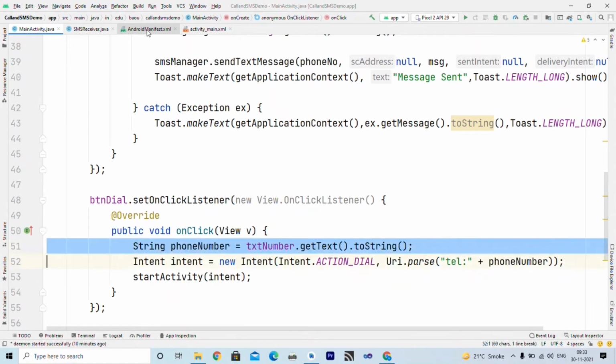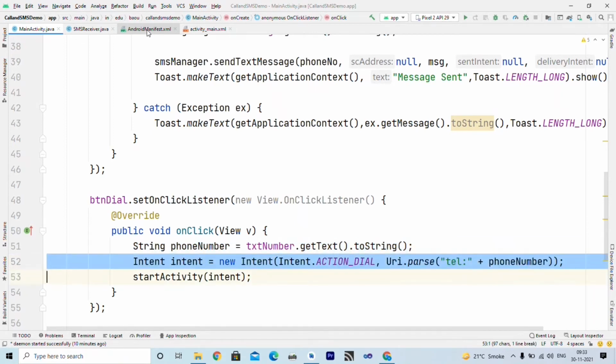we take the phone number that we want to dial using txtNumber.getText.toString, and then we want to use the inbuilt dialer to actually dial the number. So we create an instance of Intent, and remember we have to provide two pieces of data. First is the action, which is nothing but Intent.ACTION_DIAL to open the dialer.